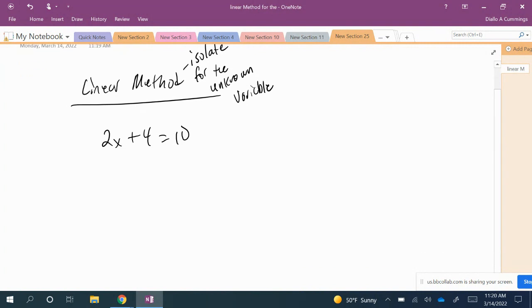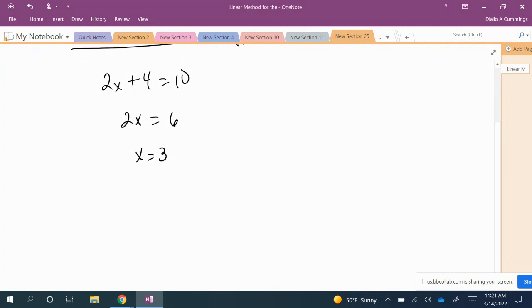So the first thing I'm going to do here is subtract 4 from both sides. Right, so I subtract 4 from the left-hand side. Right, 4 is canceled. I subtract 4 from the right-hand side. 10 minus 4 is 6. Next, I'll divide by 2. So I have x equal to 3. Right. I can also check,